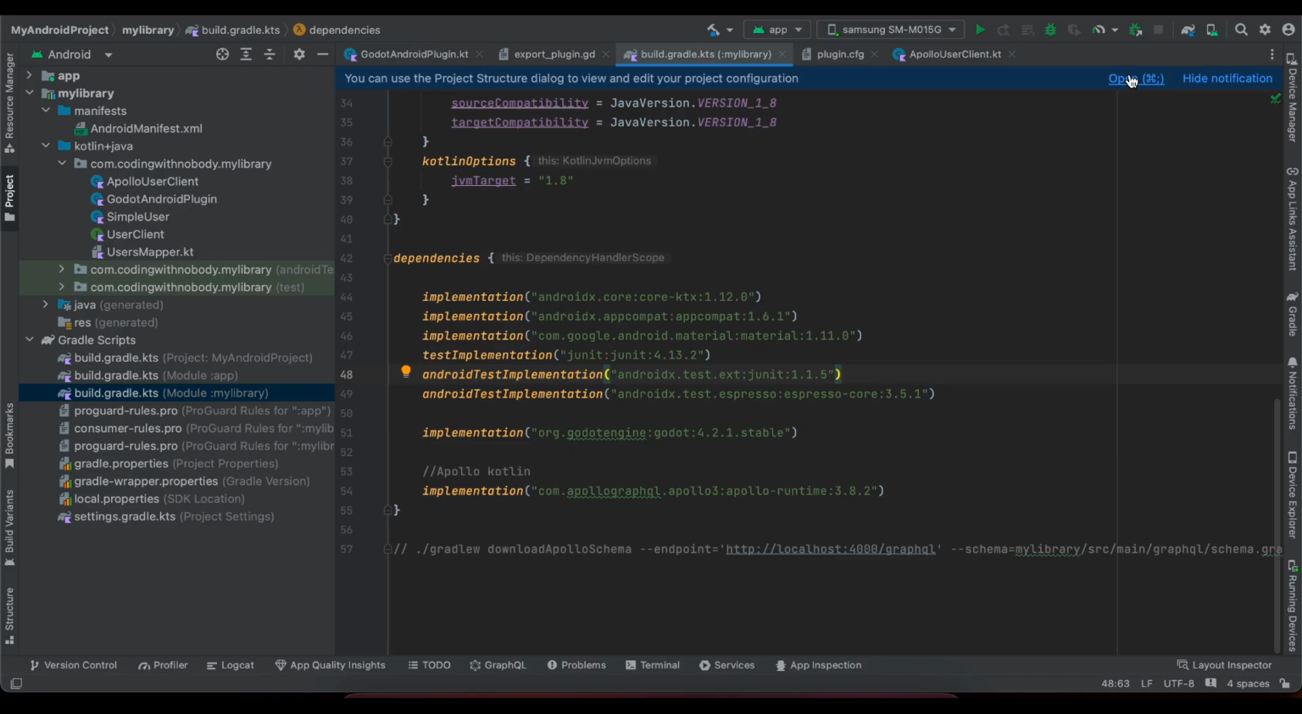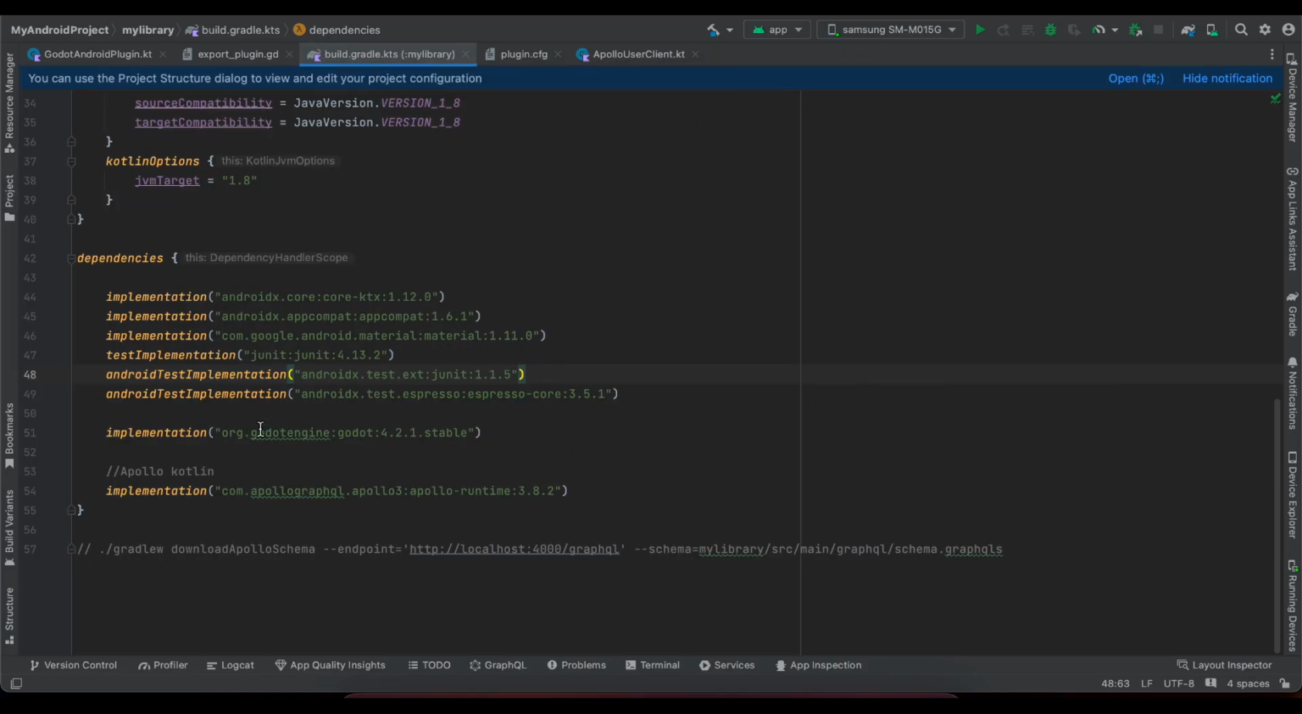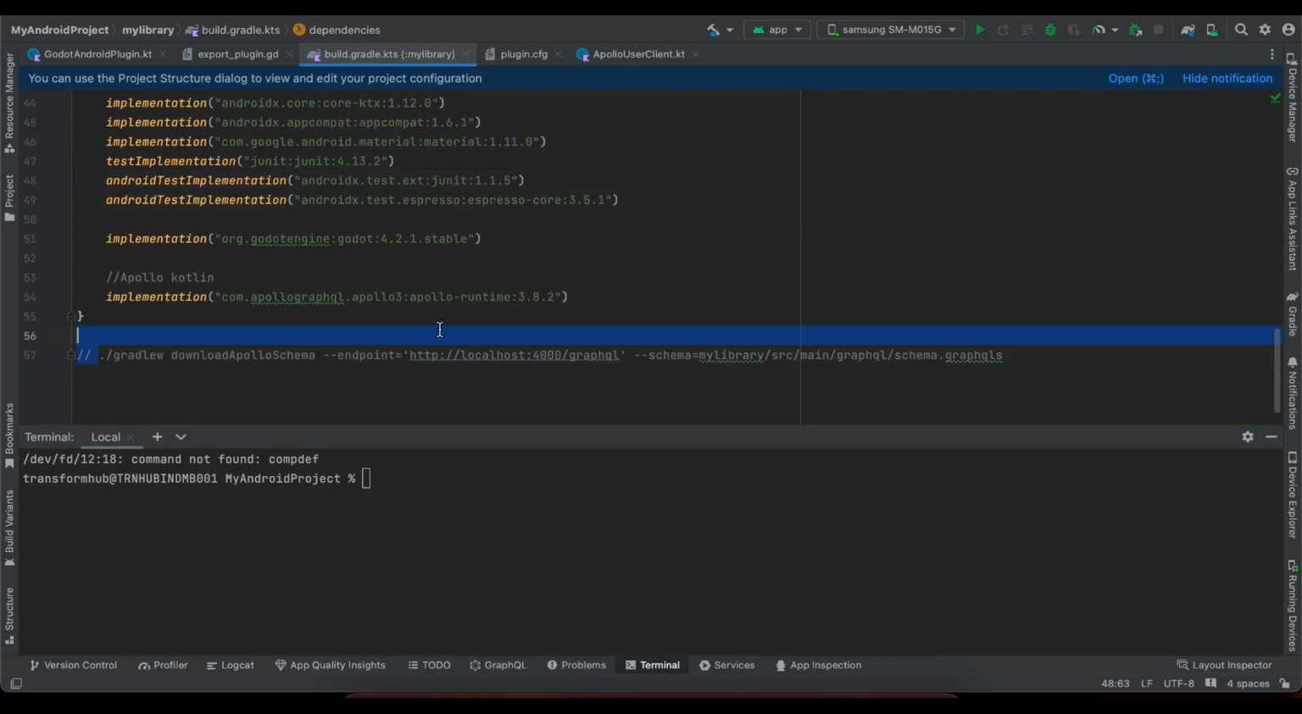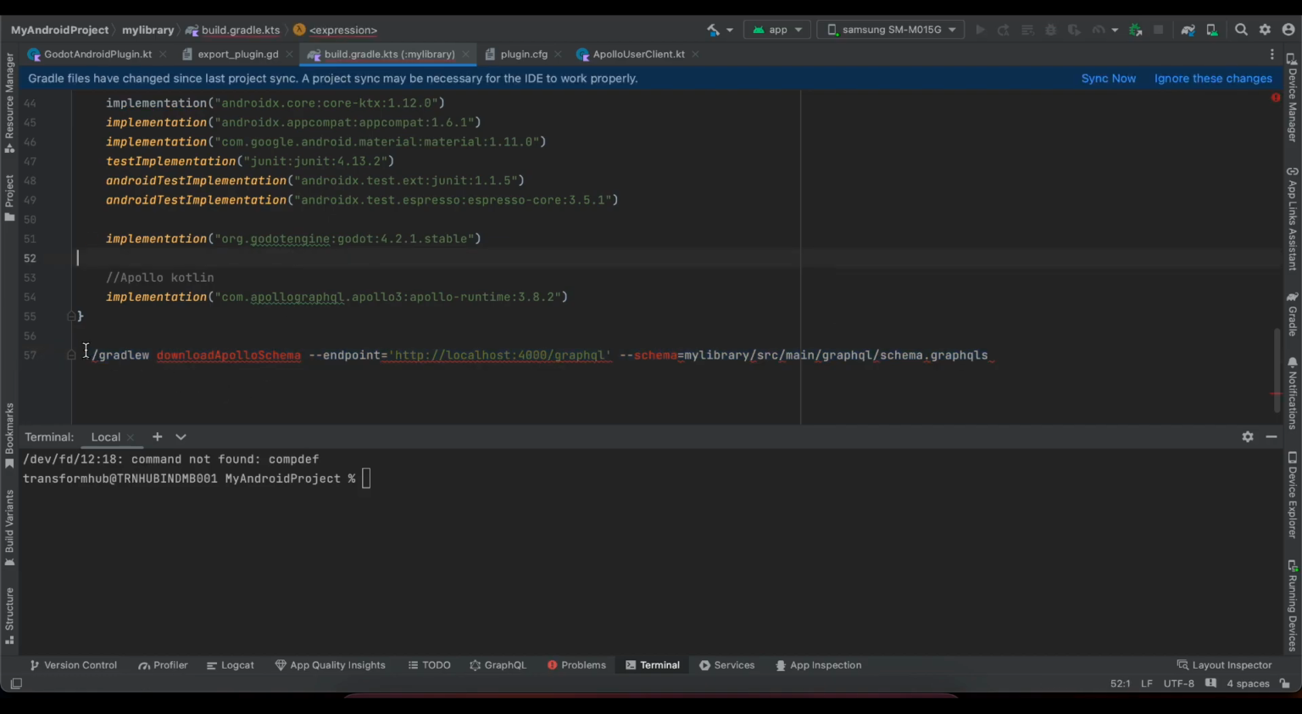As soon as you click on sync now, you will get an error saying that no schema GraphQL found. To resolve that error, what you will have to do is just open your terminal and then run this entire command. Okay, I'll just comment this out. Just copy this command and run it over here inside your Android project,